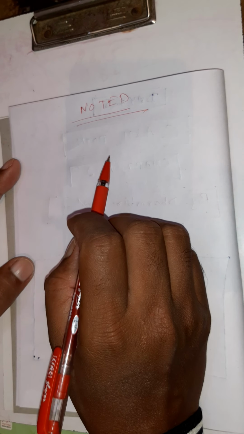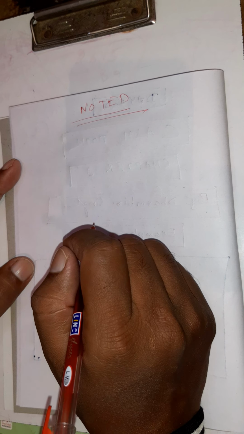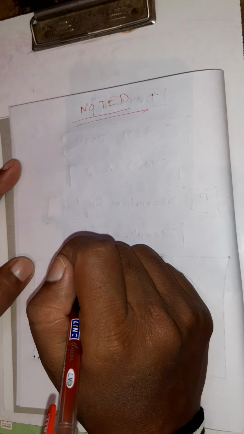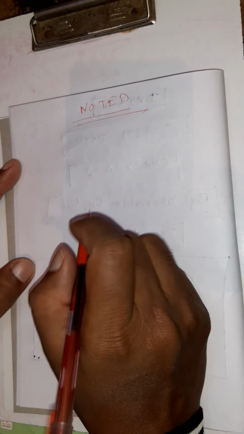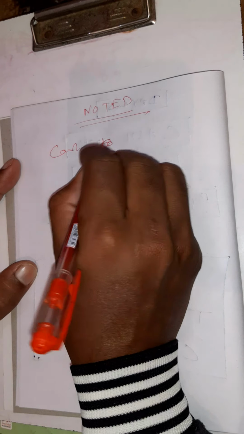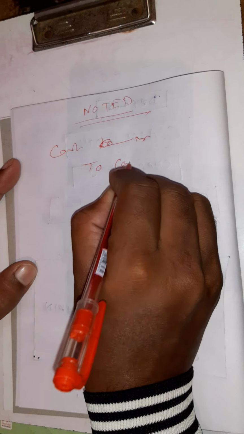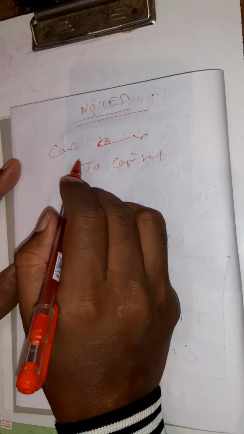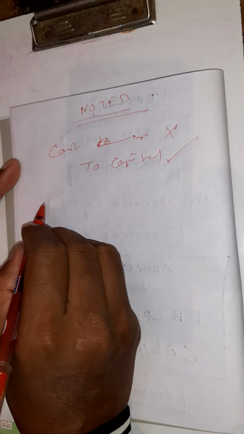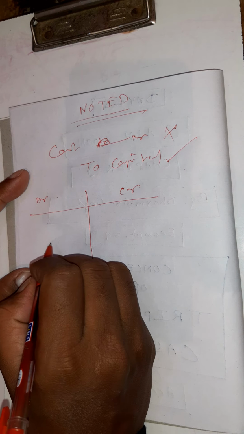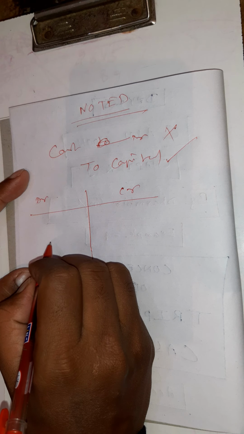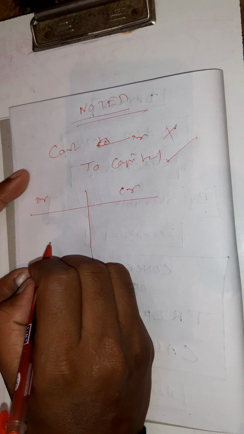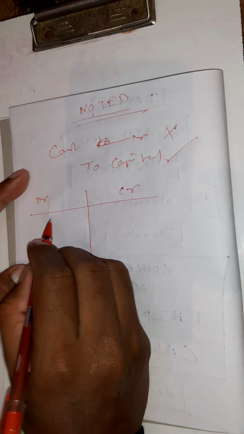When a new business is started, capital is introduced in the business. When capital is introduced in the business, it means commencement of business with cash. Then cash account debit to capital. So in cash you will not write cash, you will write to capital. This is debit side and this is credit side. In debit side here you will write to capital.